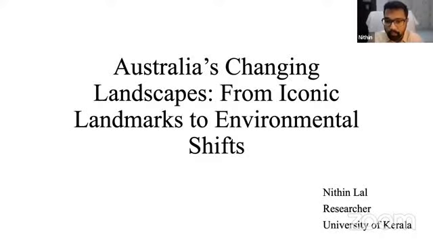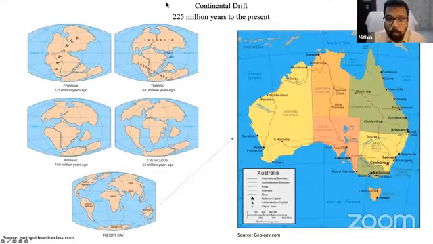I will also be giving a brief overview of what Australia is to the white European settlers and how it came to be. So we'll talk about that maybe for 10 minutes, and we'll go into the landscapes and the environment and the major shifts that are happening in Australia. I just want us to look at how Australia, the landmass, came to be.